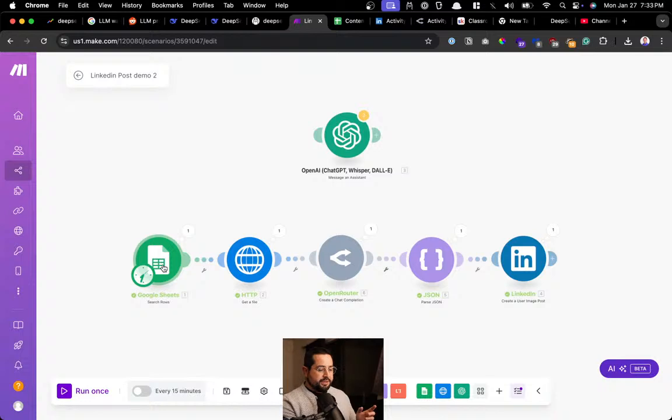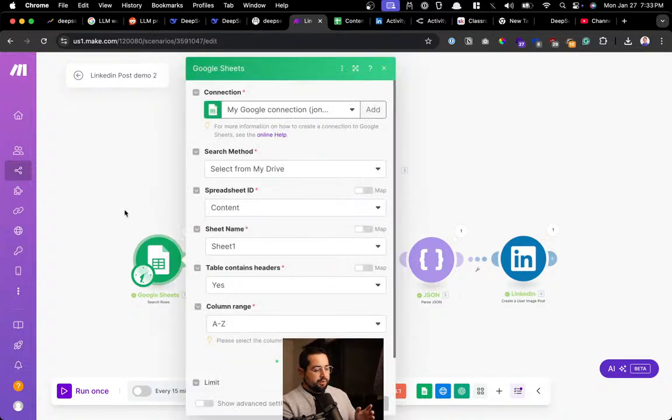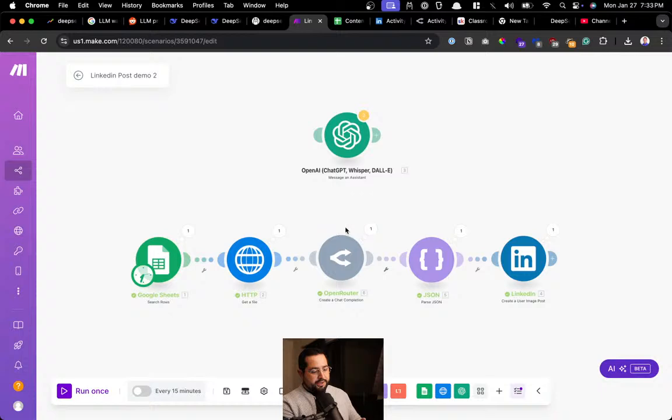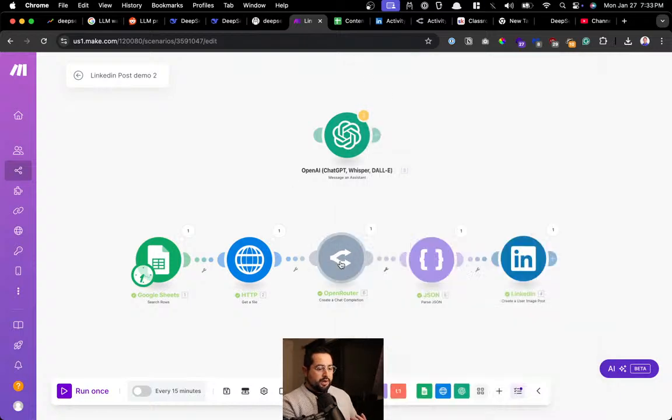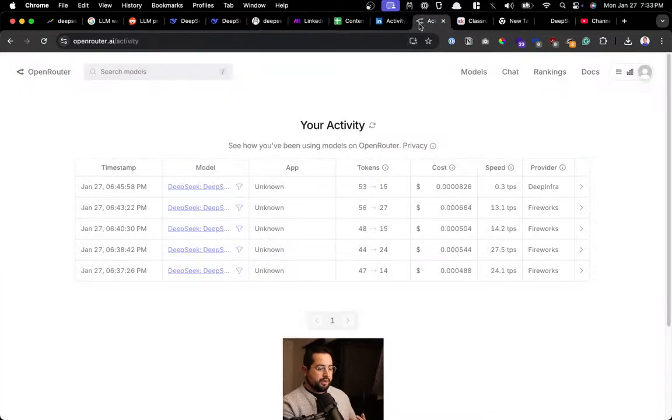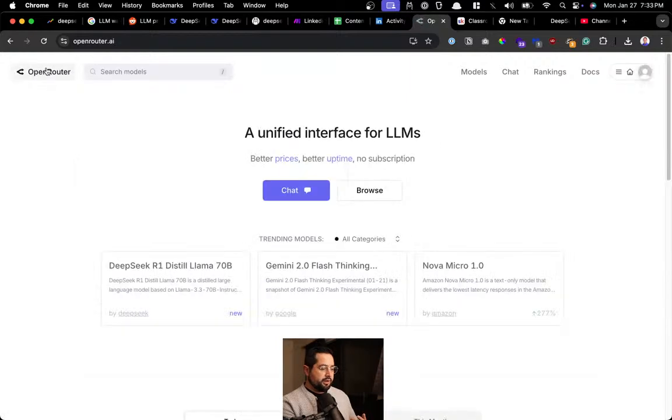So that's what this basic workflow is. It looks at the database, grabs that information, downloads the image. Then this is the only difference where previously we sent it to ChatGPT to write it. But what you're going to use for Deepseek, this was interesting, is this website called Open Router. Open Router allows you to create API calls, and then you could link many different models. They have a ton of free models. So basically you're making an API call to Open Router, and then Open Router is going to run the model for you and then return the information.